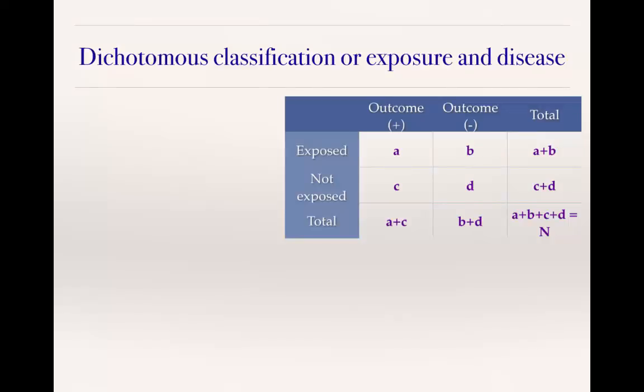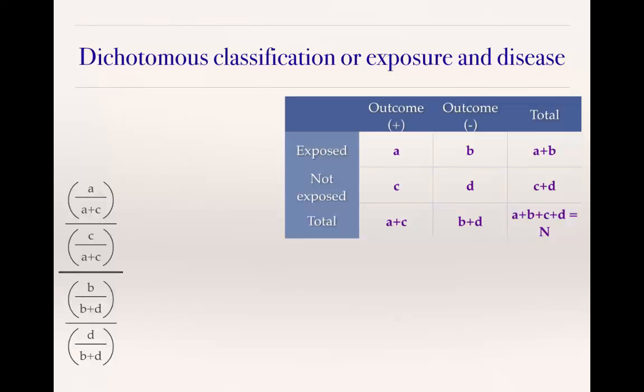So remember, because of the way we select for outcome, we can't actually determine the rate between the exposure and the outcome, that direct link. So we're looking at the frequency of an exposure between the cases and controls. And so that looks something like this. It's a calculation of the exposed plus disease divided by all who have the disease, divided by those not exposed with the disease over all of those who have the disease. That's the top. So that's the outcome,